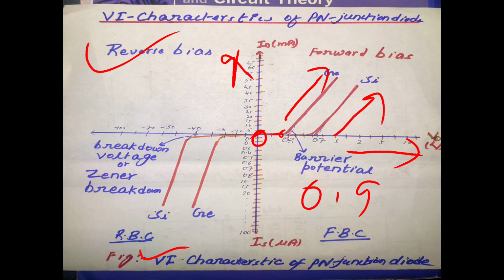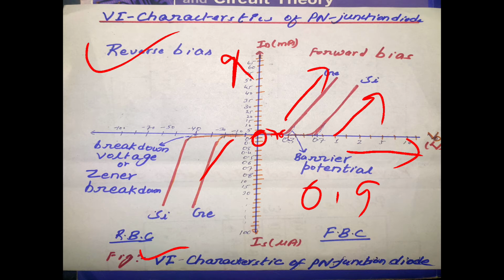So this is our reverse biasing condition, and on the left side you will see the reverse VI characteristic of the PN junction diode. So let us start that. Initially we applied 0 voltage in the reverse biasing condition. Then also you will see that there is no change in the current, and like that we increased up to minus 30 volt, that is a negative potential.